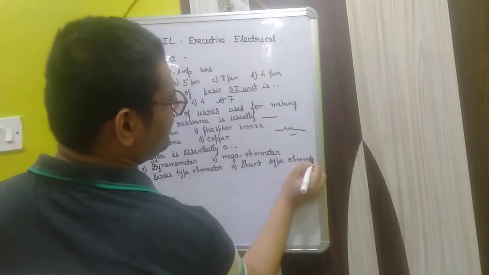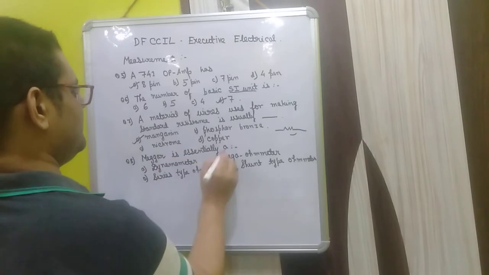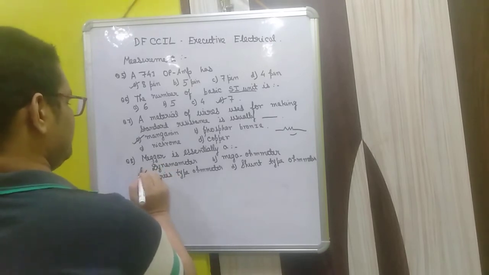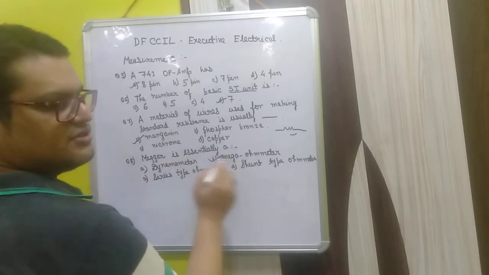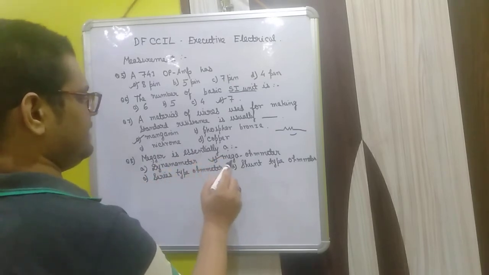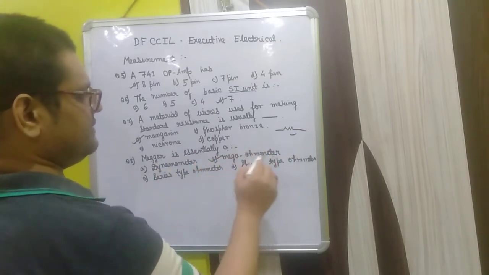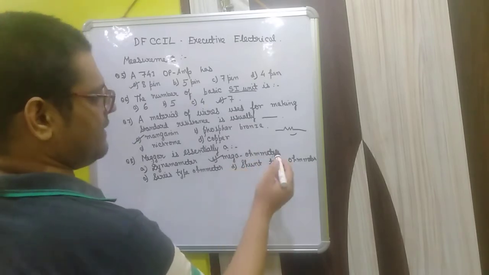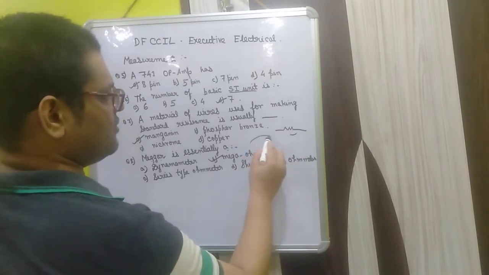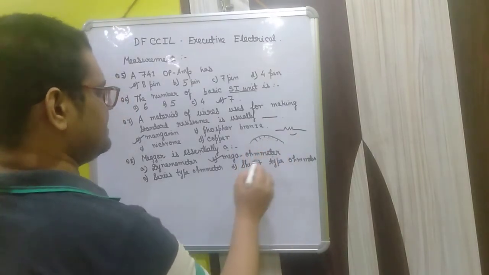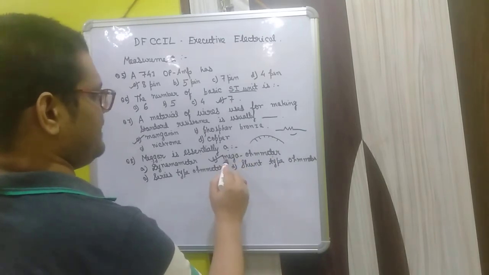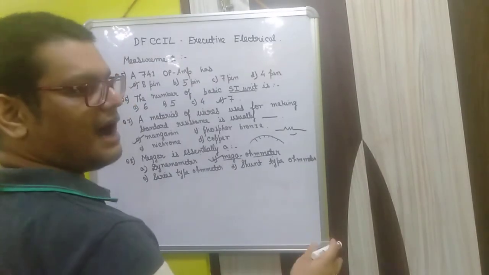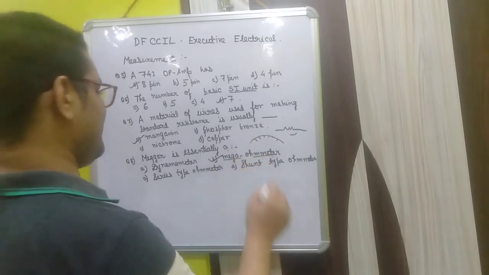So now if we write a meter which is used for the measurement of what, we will have dynamometer. Sorry, I really made a mistake over there. It will be mega ohm meter. It is just a theoretical question that a meter is essentially a mega ohm meter. An ohm meter is used for the measurement of resistance. It can measure the resistance of a very high value. It has a very high range for measurement of resistance. Mega ohm meter is nothing but it has the capability to read a high amount of resistance. So it is called a mega ohm meter.